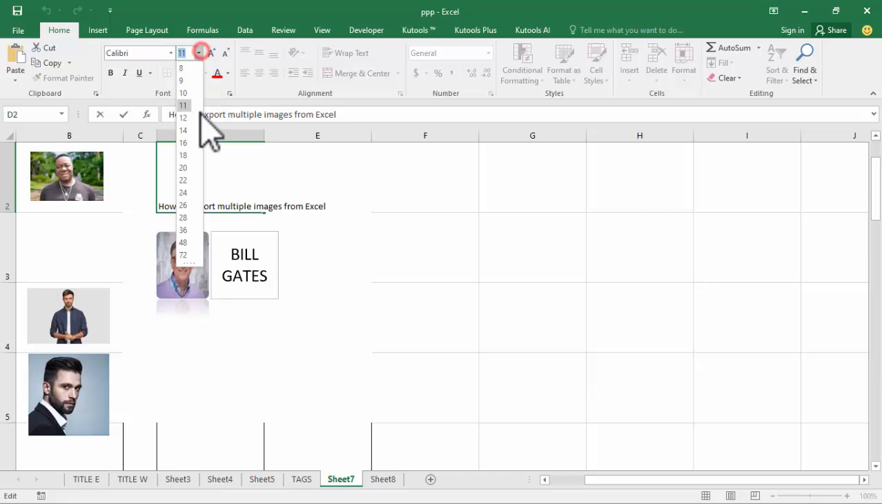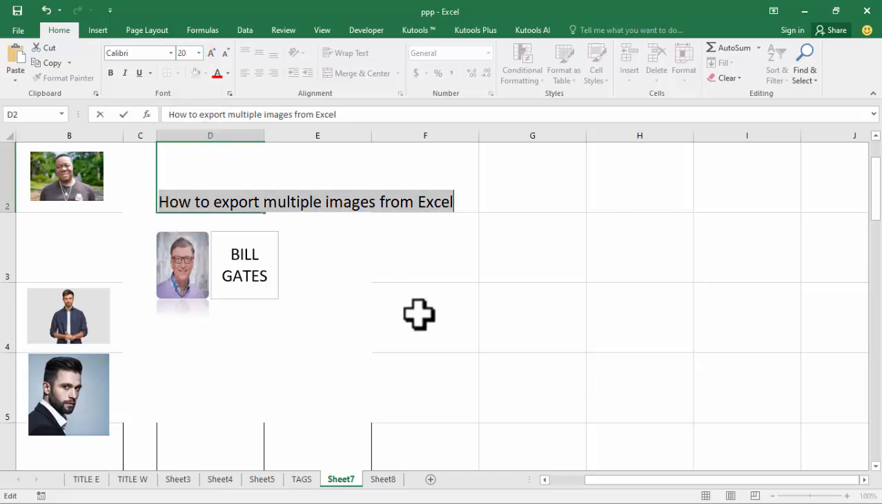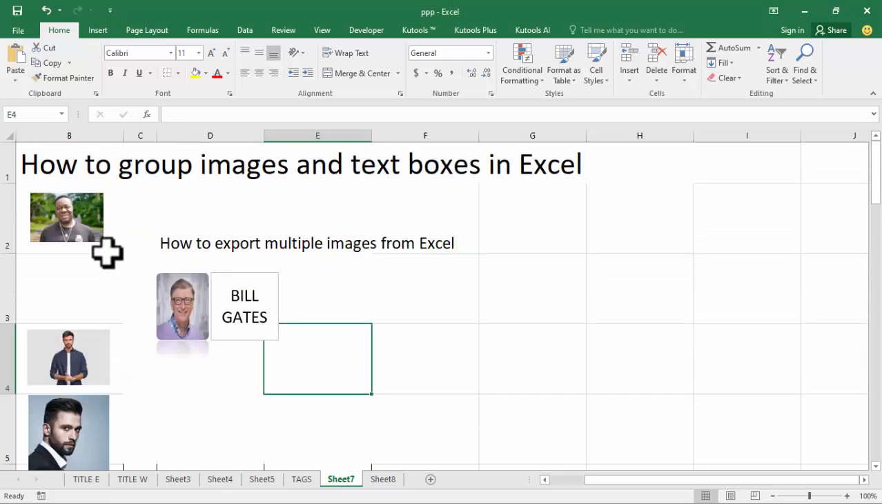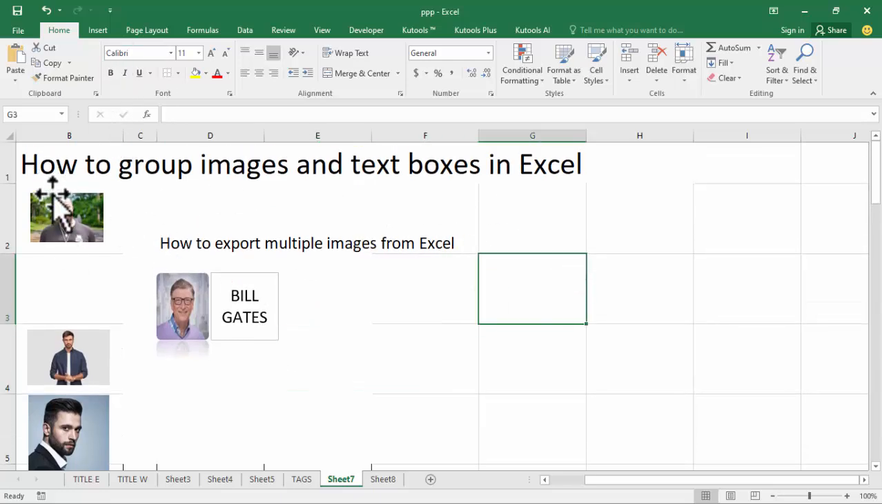In this video, how to export multiple images from Excel. Okay, now see this. I have an Excel sheet example. Simply